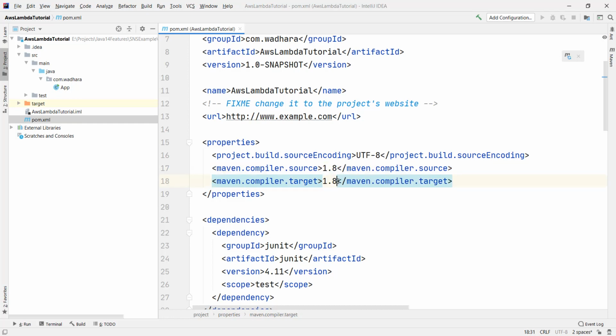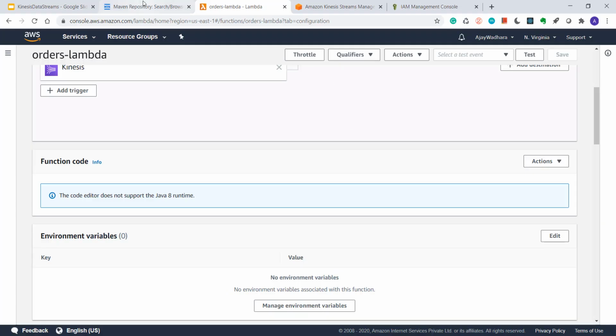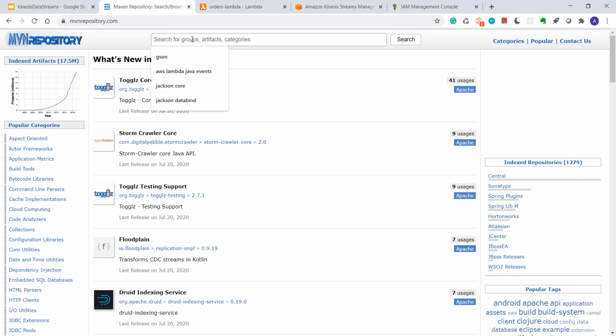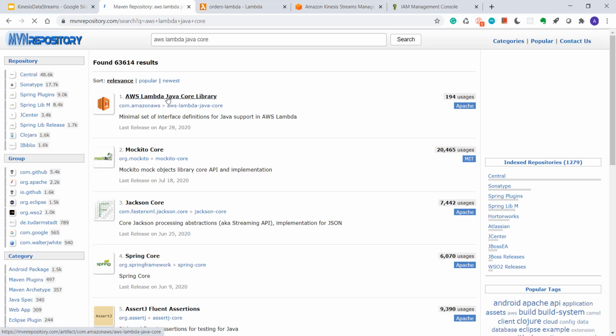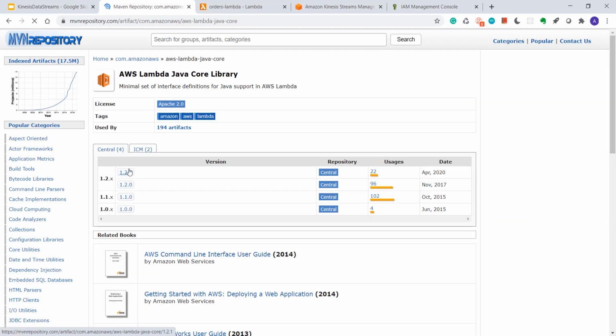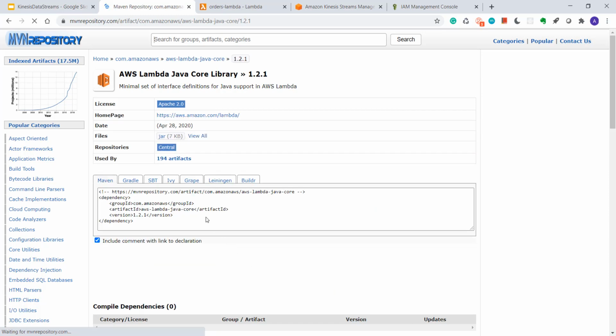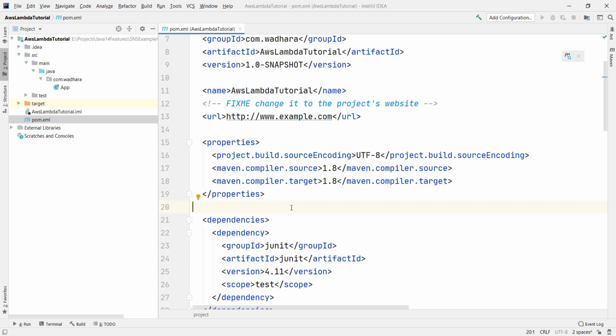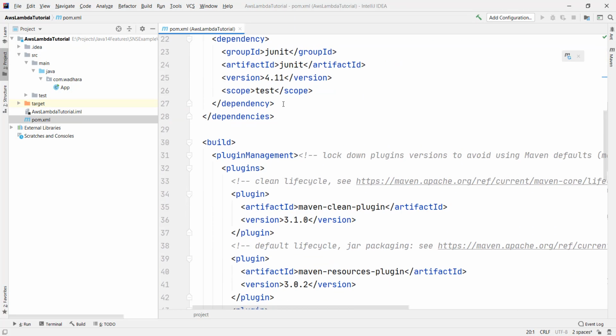For Lambda, we need two dependencies. The first one is AWS Lambda Java Core. I've already opened the Maven repository. So I'll search for AWS Lambda Java Core. I'll select the latest version and add that into my dependencies.